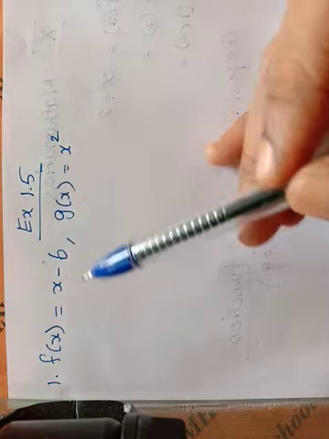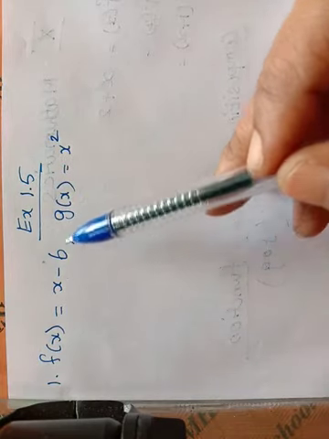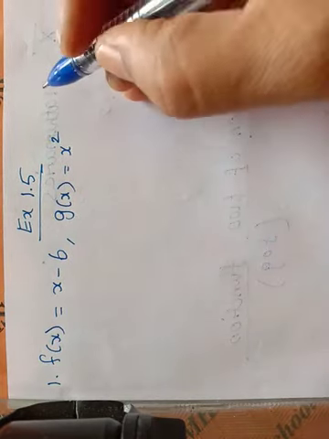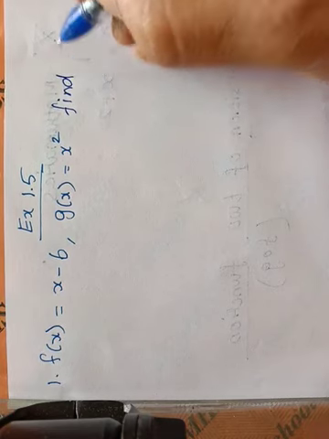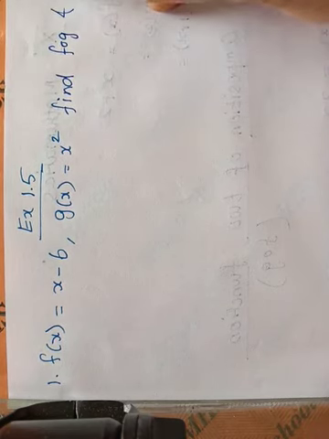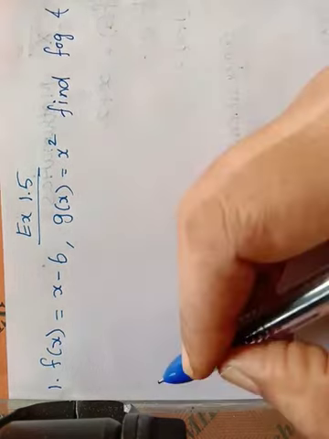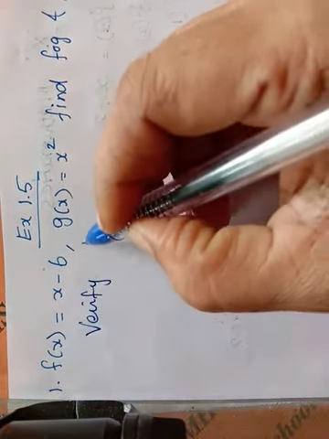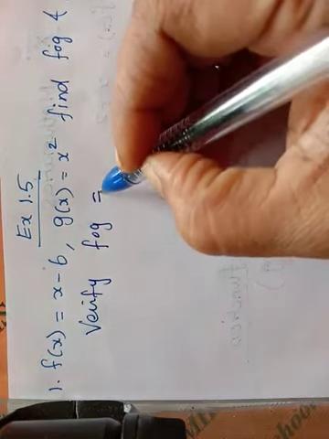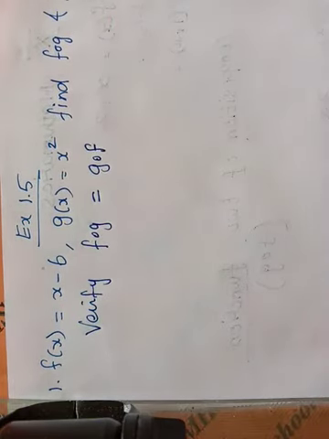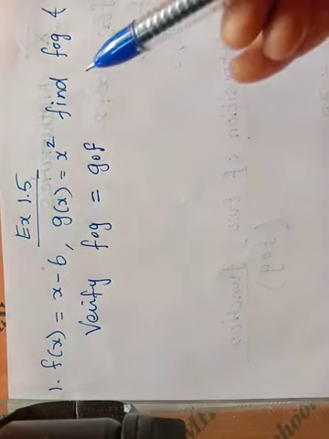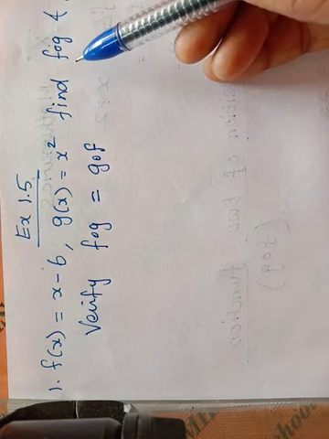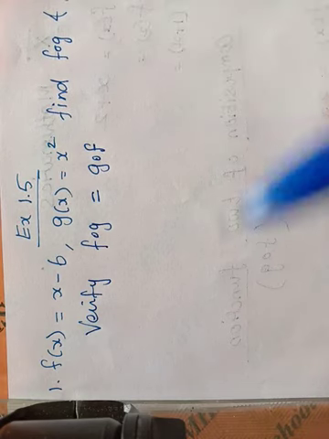Exercise 1.5, first sum: f of x equal to x minus 6, g of x equal to x squared. They asked to find f composite g and g composite f, and also to verify whether f composite g equal to g composite f or not. They asked the question like that. First you want to find out the f composite g and then g composite f. For that,